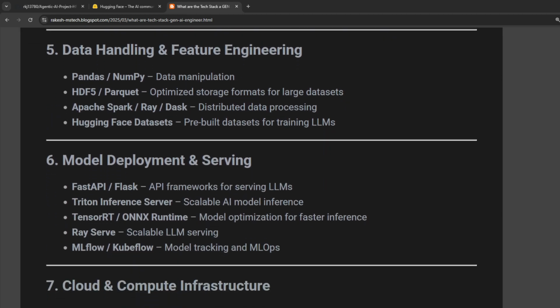Data handling and feature engineering. This is one of the critical areas before getting into data science or ML application development. We should ensure good quality data, so for that we have to do data exploration, data cleaning and EDA operations. For that, we have to be aware of data handling and feature engineering. Pandas and NumPy are pretty much required, and not only for ML engineering, but for Gen AI use cases and ML scenarios as well. So data manipulation,